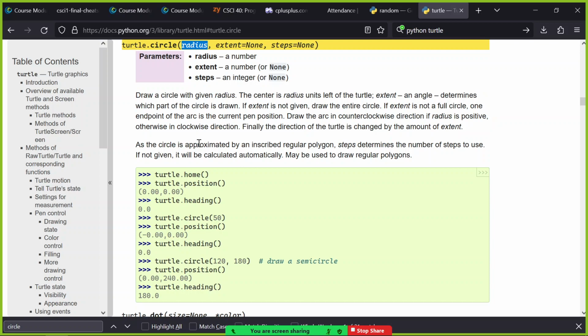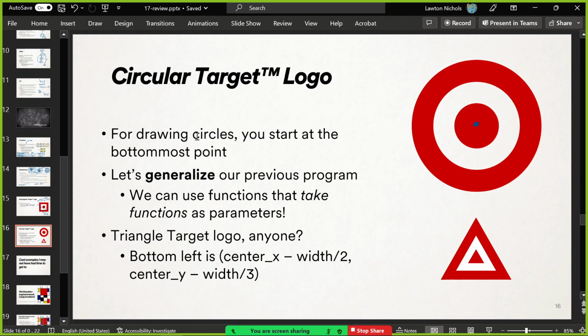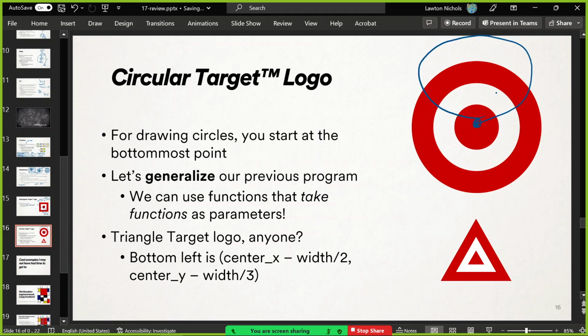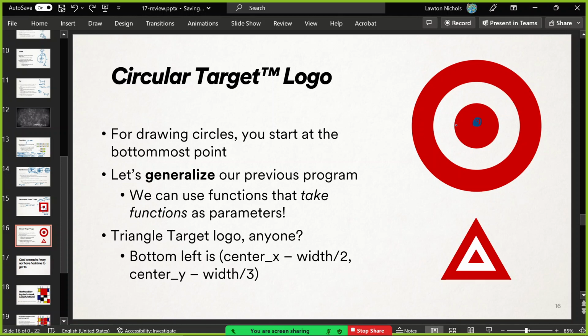But it will draw the circle starting from the bottom. So if we said, hey, turtle, draw a circle from right here where you are, he will draw a circle like this. It's always relative to the bottom. So we need to move the turtle down to here before we start. And then it'll draw the circle with the center that we wanted. That's the secret to the circle function inside the library, at least.